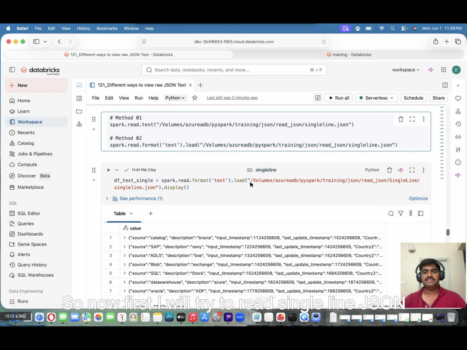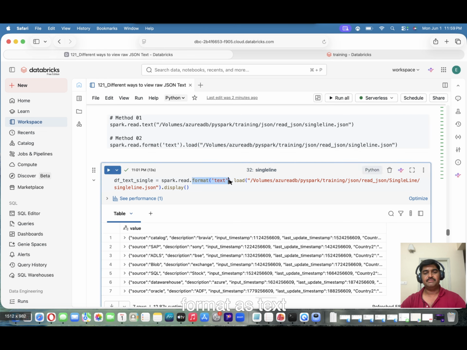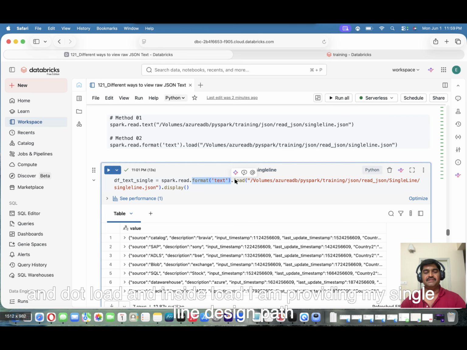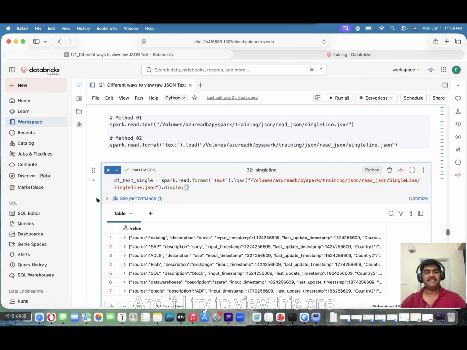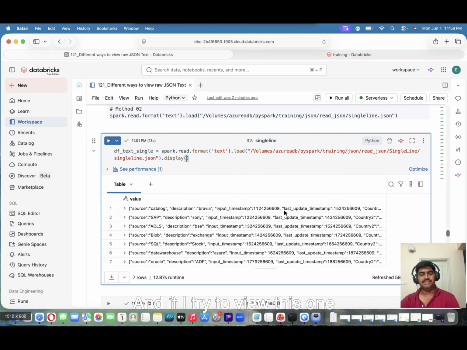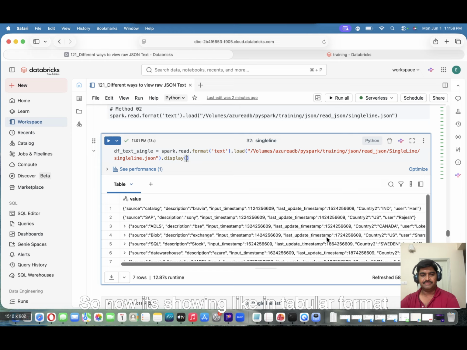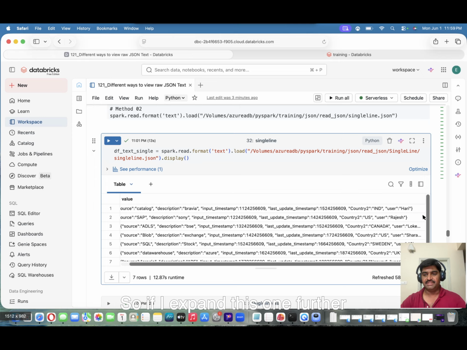Now first I will try to read single line JSON. Here I'm using the second method, spark.read.format as text and .load, and inside load I'm providing my single line JSON path. If I try to view this, earlier it was shown in different ways, right? Now it is showing in tabular format. So if I expand this one further,